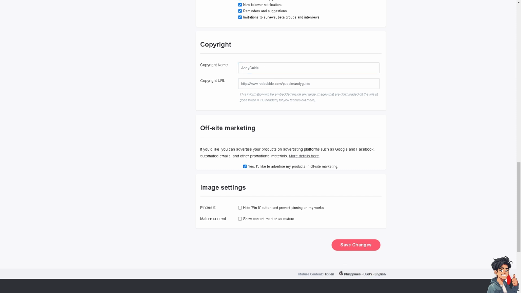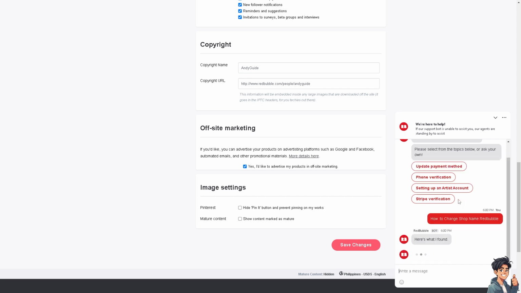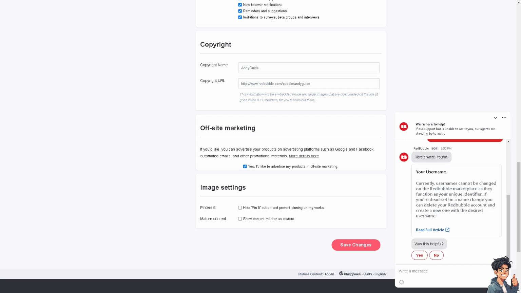Now, let me tell you that if you encounter any problems changing your shop name here in Redbubble, you have on the bottom right corner the chat bot. You might want to give them a question and hit enter to see if we get an answer from the chat bot. All right. After that, if it's not helpful, if you're having problems changing your shop name, you might want to